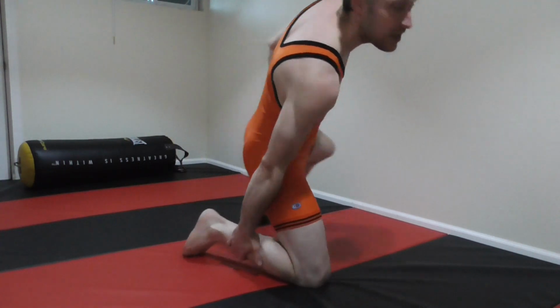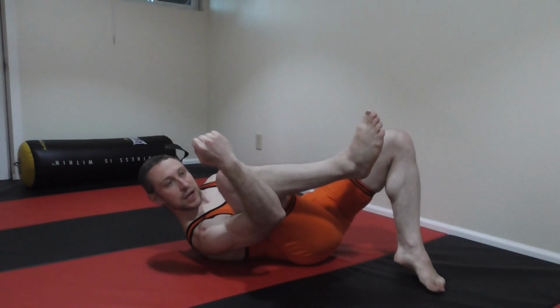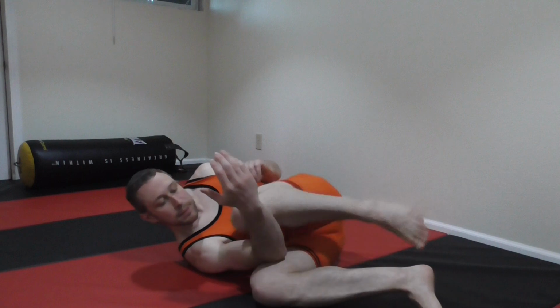I can't pivot around anymore. So I can't post with that leg. My arms, I still have this kind of mobility issue in my upper body. So I'm not going to be able to post that. It's a dead angle, right? There is no post there. So because I've got that really tight connection here, right? I'm probably actually more like this, right? Because I have that. So I'm here, and then I just start to sit up,